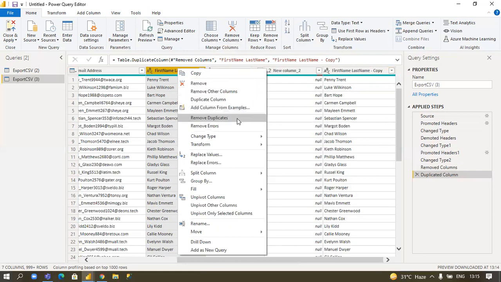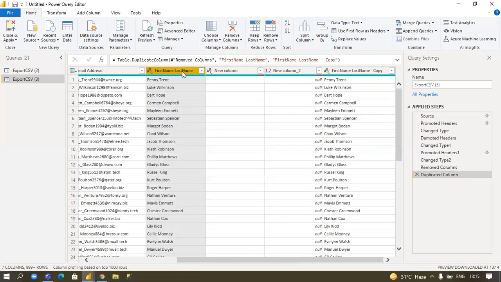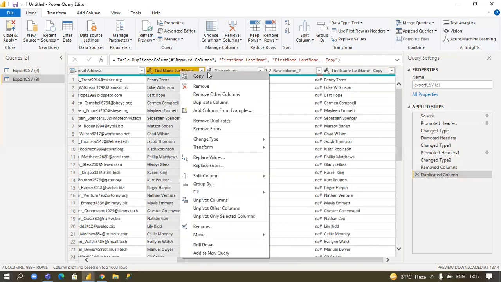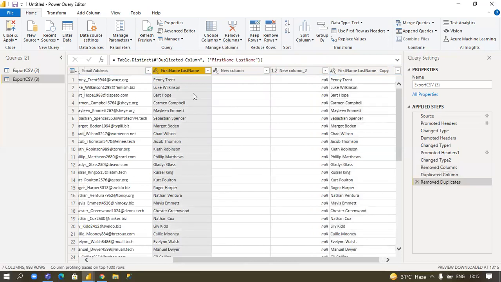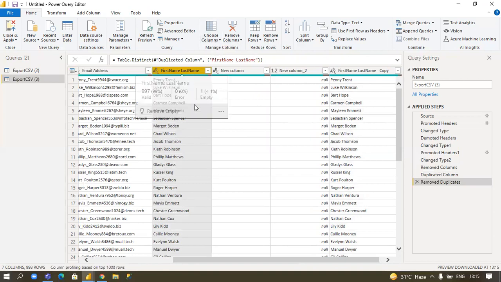If you want to remove duplicates in a particular column, such as the first name last name column, you directly click on remove duplicates. Here every duplicate value will be deleted along with its row. If any cells have a duplicate value, that row will be deleted.